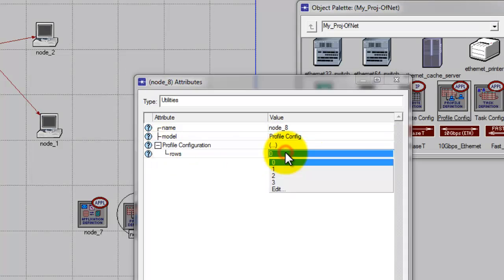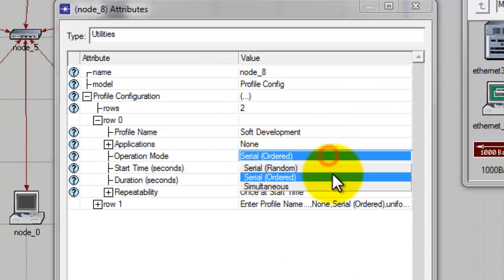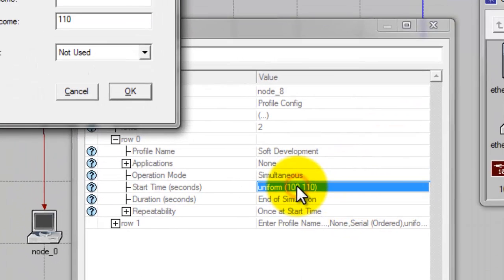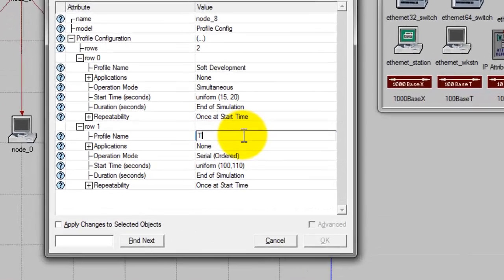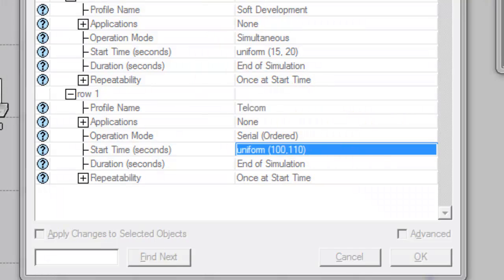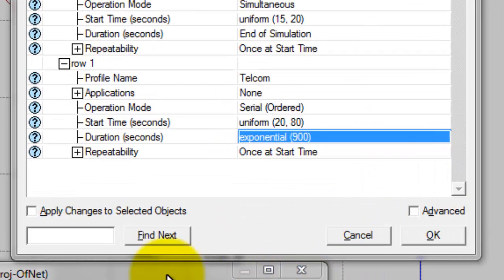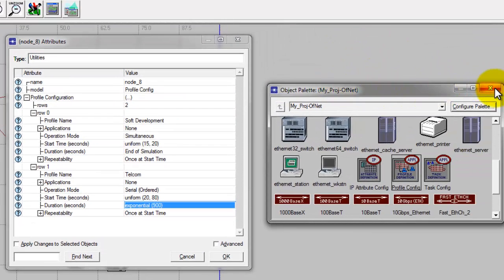Over here you need to give the number of rows as 2, and then give the following details. You can close this object palette window.